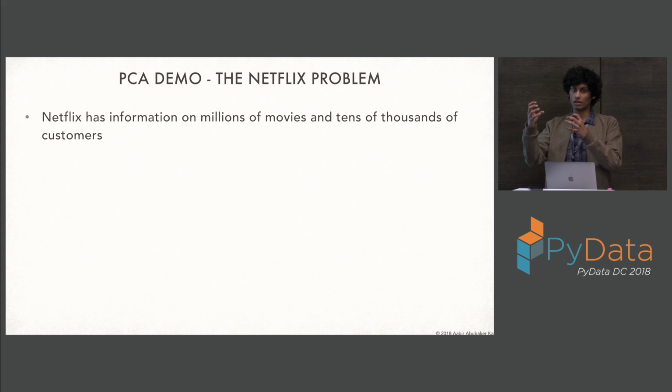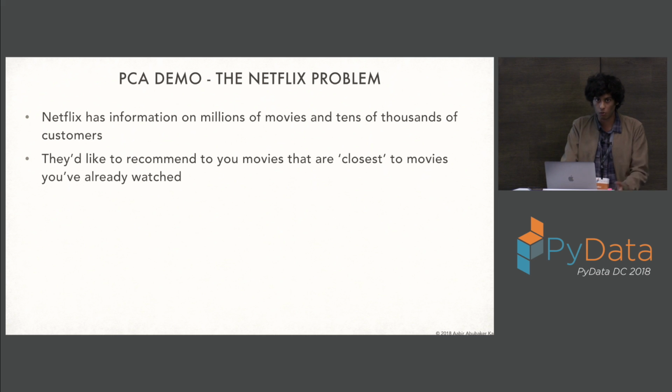And this is because I want there to be a kind of centric metric, like indifference if you haven't seen the film, and a positive value if you liked it more than you like the average film that you've seen, and obviously a negative one if you didn't like it. So what does Netflix really want to do, right? It wants to recommend to you movies that you would want to see based on things that you've seen before.